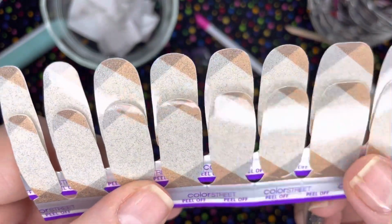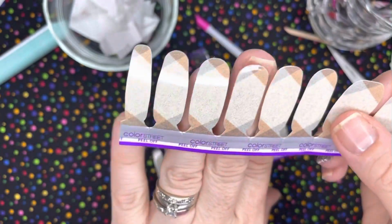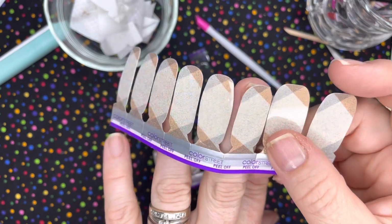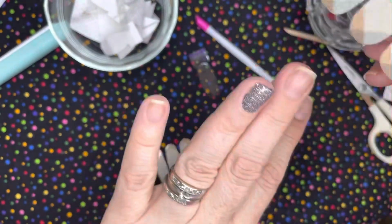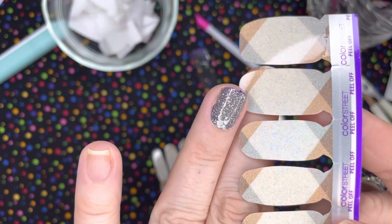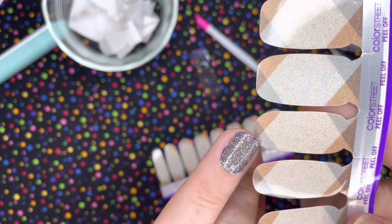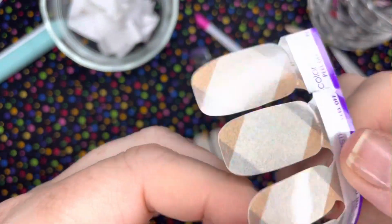All right, double-ended. So I could get fancy and try to put these on the tips, which would be interesting. I could do it, but I'm tired. I want to go to bed. So I'm going to do it just kind of like they have it here. So how cool is that? That is going to bring out both, to me, the gold and the gray. I love this. This is a beautiful, if you guys like,